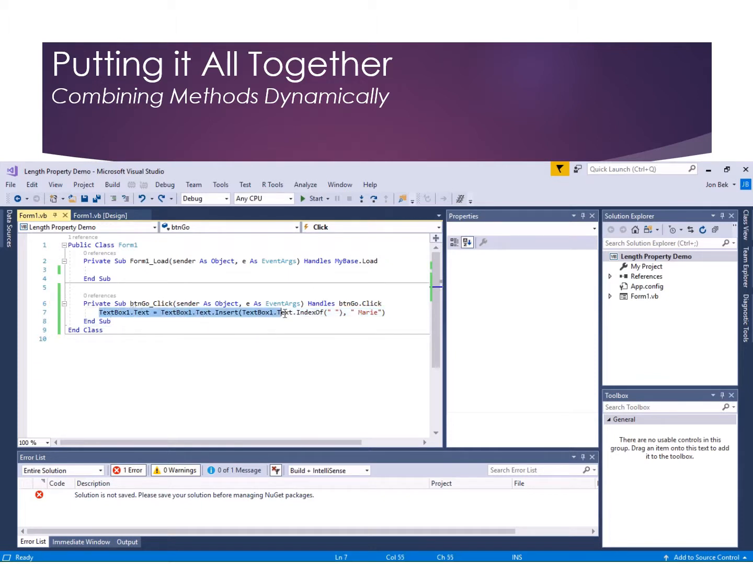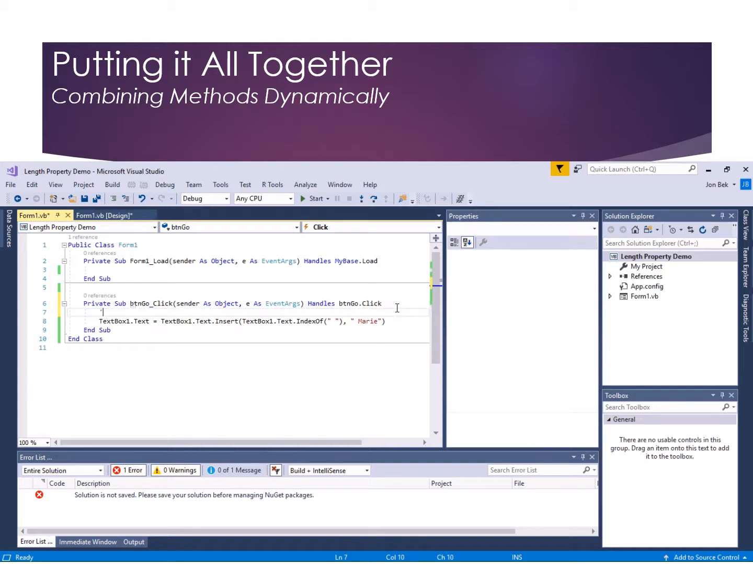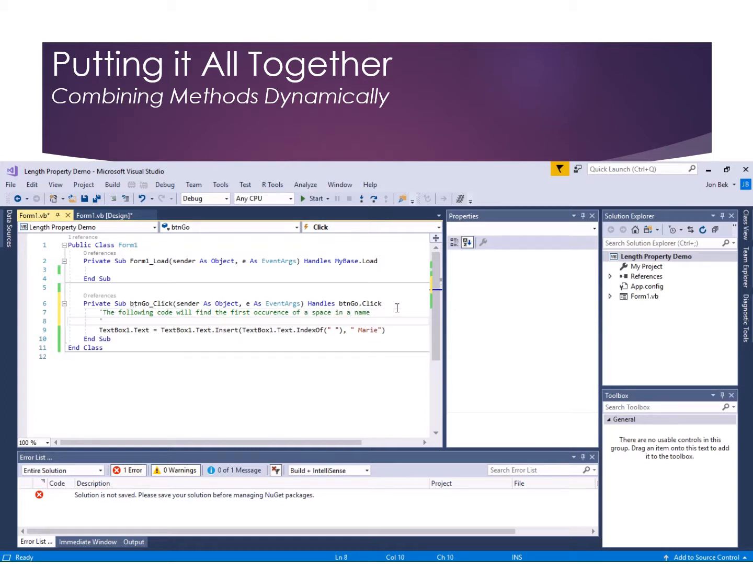Because obviously some of our string expressions can get quite complex. And this also reminds us of why it would be useful to add a little documentation in the form of comments. You should be developing good habits and doing this as you go. It helps you. It helps anybody looking at your code, which right now means me. So we could say something like, the following code will find the first occurrence of a space in a name, and then replace it, spell replace correctly, with the middle name